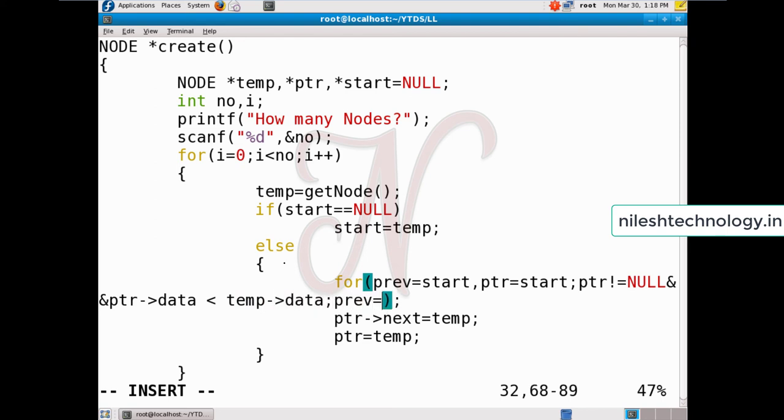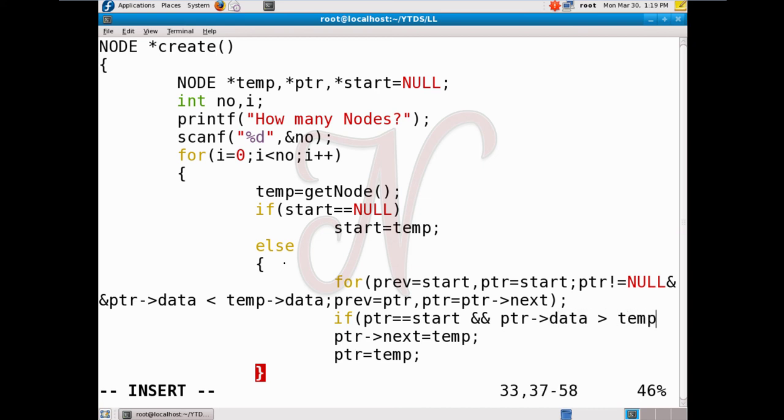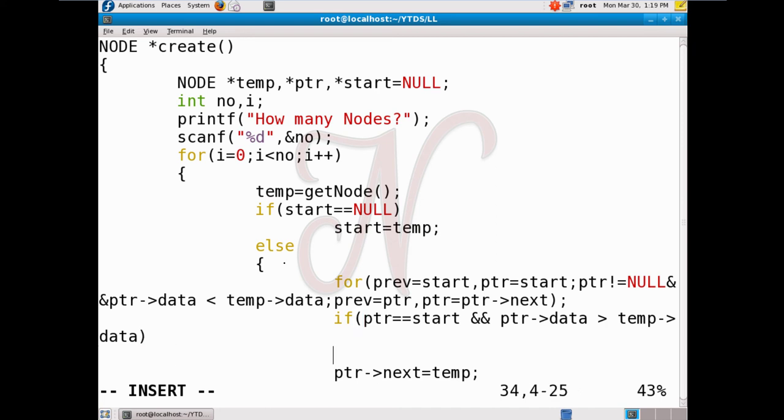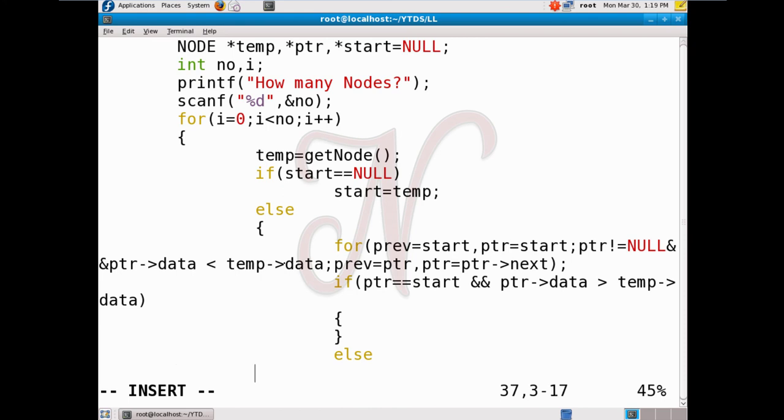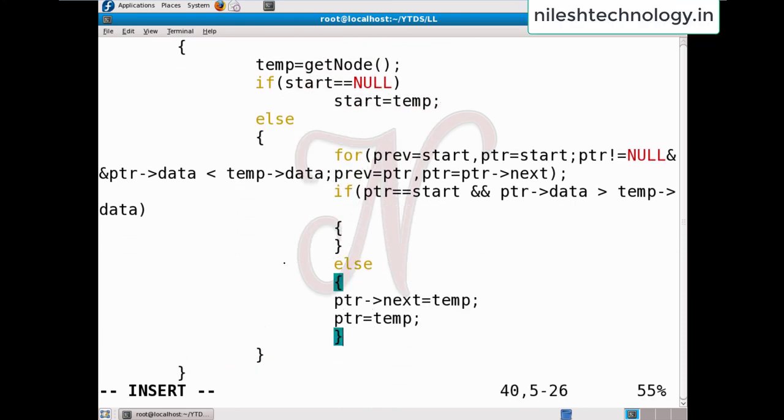Then prev equal to ptr, and ptr equal to ptr of next. Okay, then here we check ptr equal to start, and ptr of data is greater than temp of data. If it is greater than, then here we add the new node at the beginning.